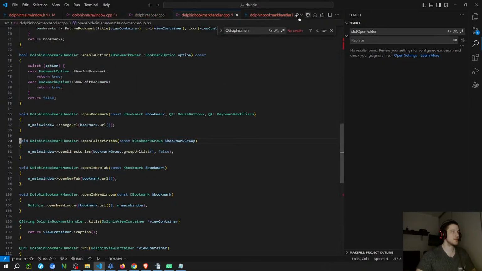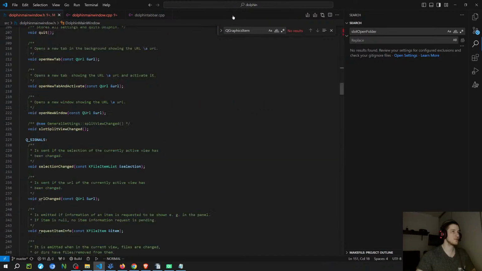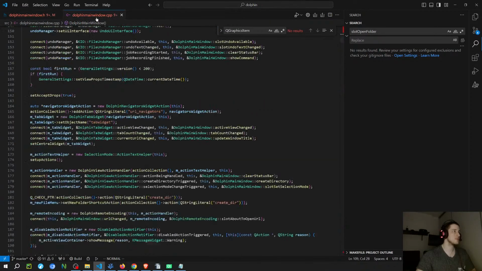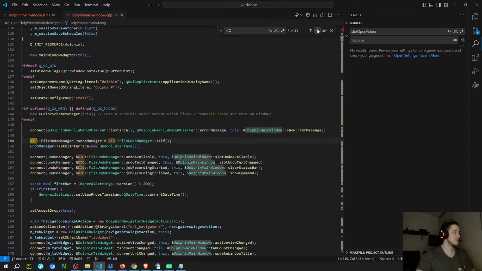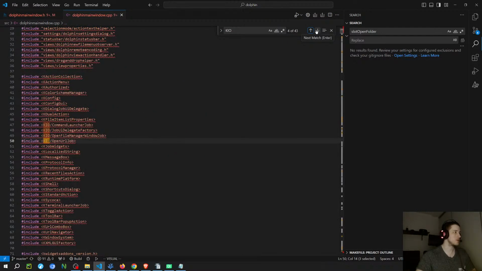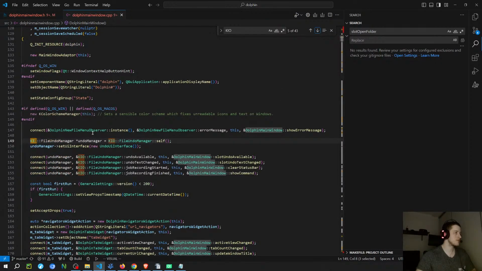Yeah, let me close everything. So I'm just going to see, to have an idea of what is going on. This one looks interesting, Open File Manager, window job. So I think what I should do, because since Qt and this KIO are open source, I should